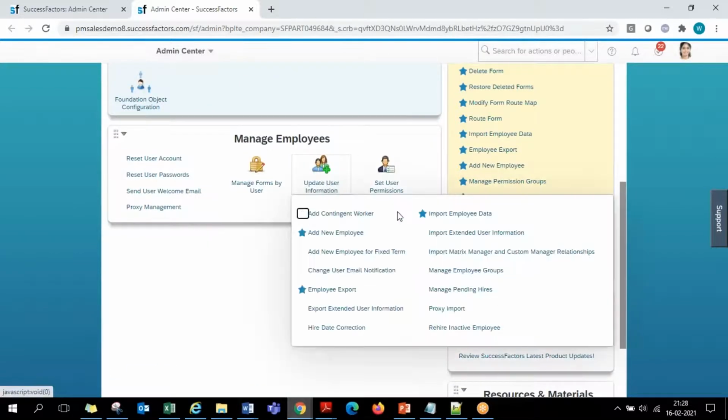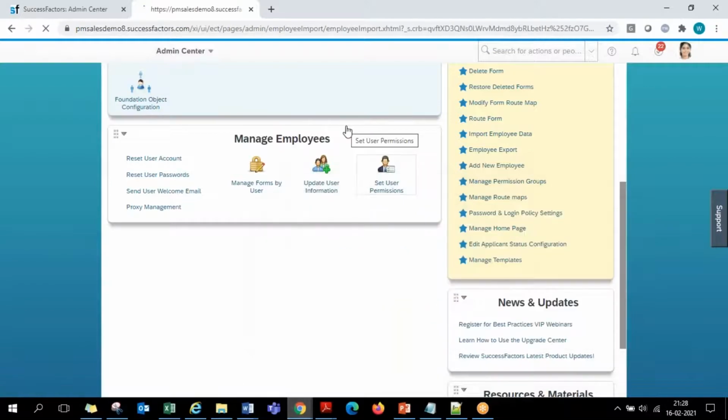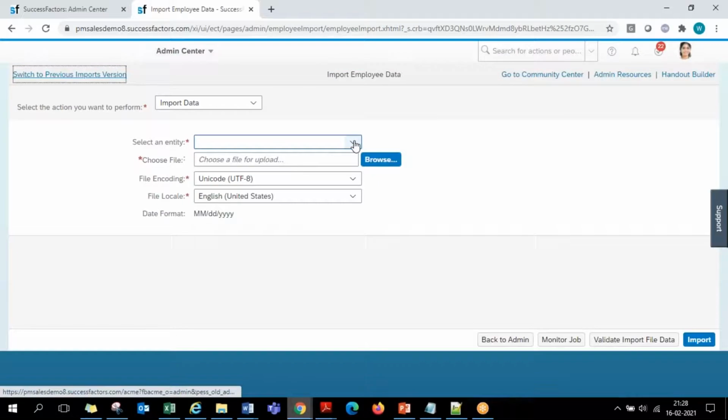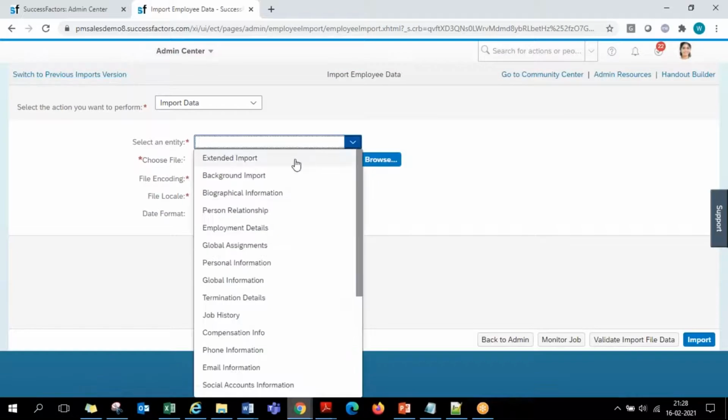So normally when we go for this importing of employee data, it's a non-EC system. This file is whatever I'm showing that we'll be actually using for uploading and creating some new users in the system. But if it is EC, not limited to this, we have many other categories of files that we'll be loading. So here, if you see all this,